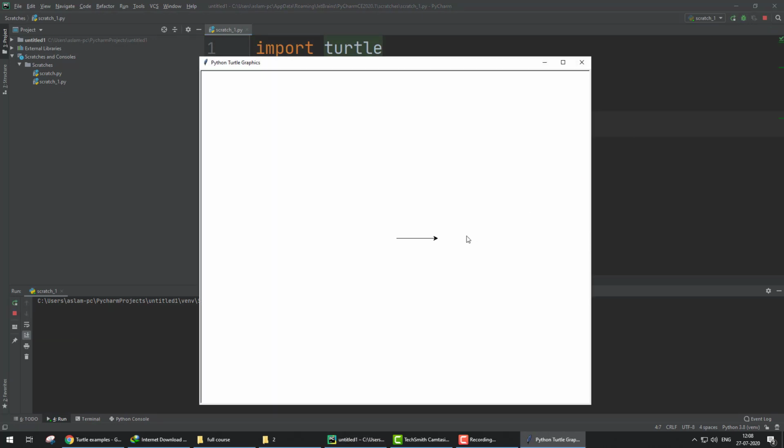The window is static, but the arrow, this is our initial point, the first point of the turtle, and this cursor is a turtle, whose name is Codium. He travels this distance in this direction. The default direction is horizontal.